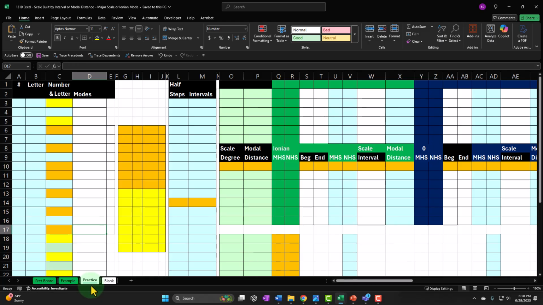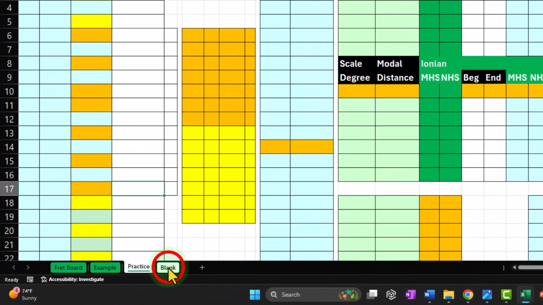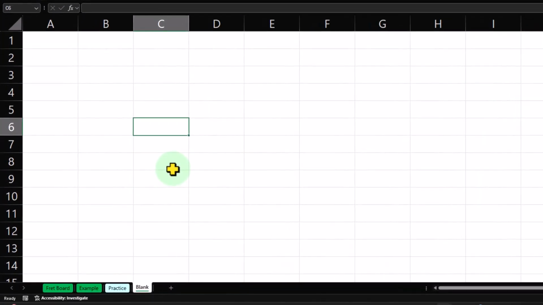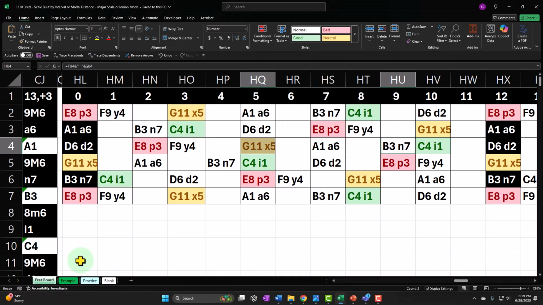But if you don't have any of that, that's okay because we'll be working in the blank tab, building this from scratch, practicing both our Excel formatting skills for formatting's sake, as well as our music skills at the same time. Let's go to the fretboard tab just to remember our objective, which is to visualize the fretboard in the